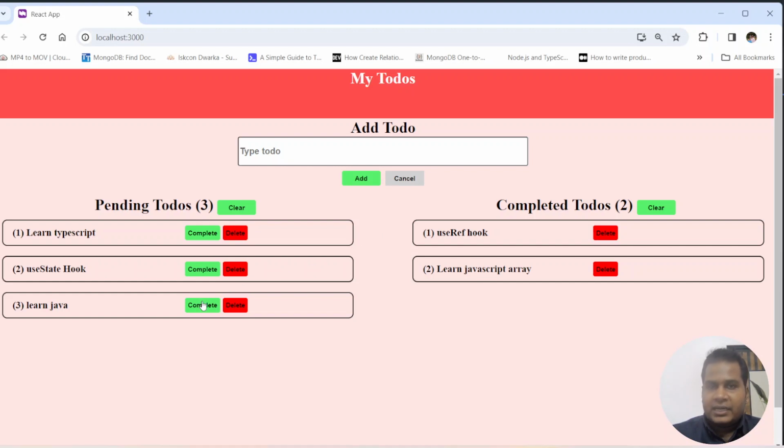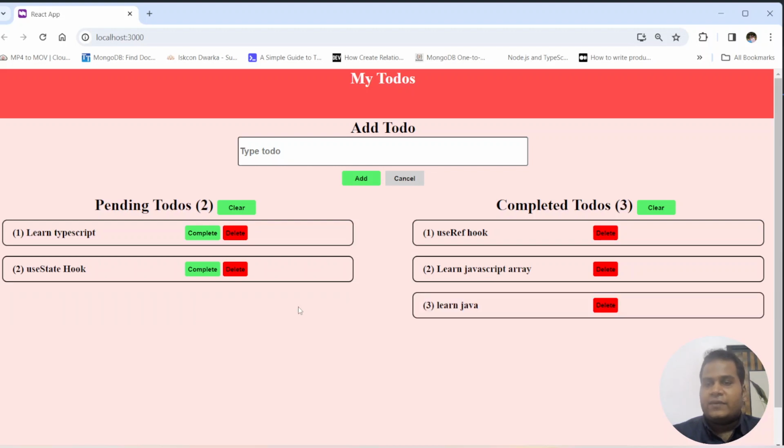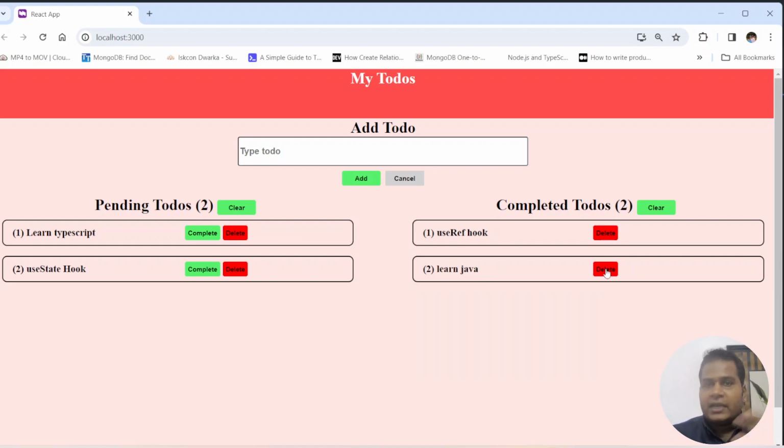If we have completed the to-do that we have added, we can simply click on the complete button and it will go to the completed to-do section. In both sections we have a delete button. So if we want to delete any to-do, we can delete it using the delete button. It will get deleted. In both sections you can see there is a count which shows how many to-dos are